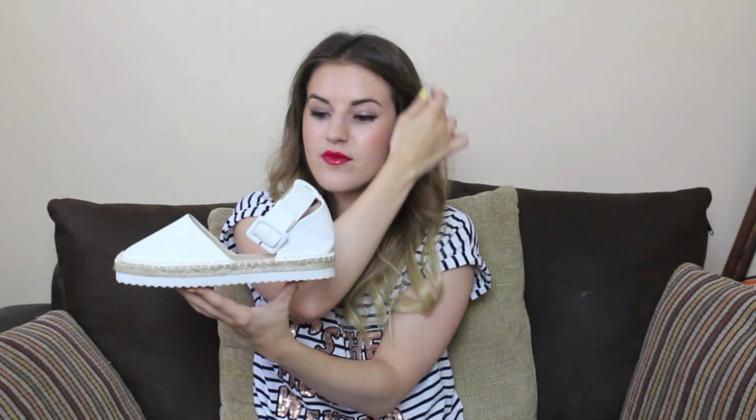They're just great. Next pair are these, and they are from River Island, and they were £24, and they are a sort of snaky, white snaky print espadrille with this buckle at the side around your ankle. I have actually taken this off because my mum wasn't sure about this bit, and I've taken the strap off and just worn them without the strap, and they still stay on my feet, so they're